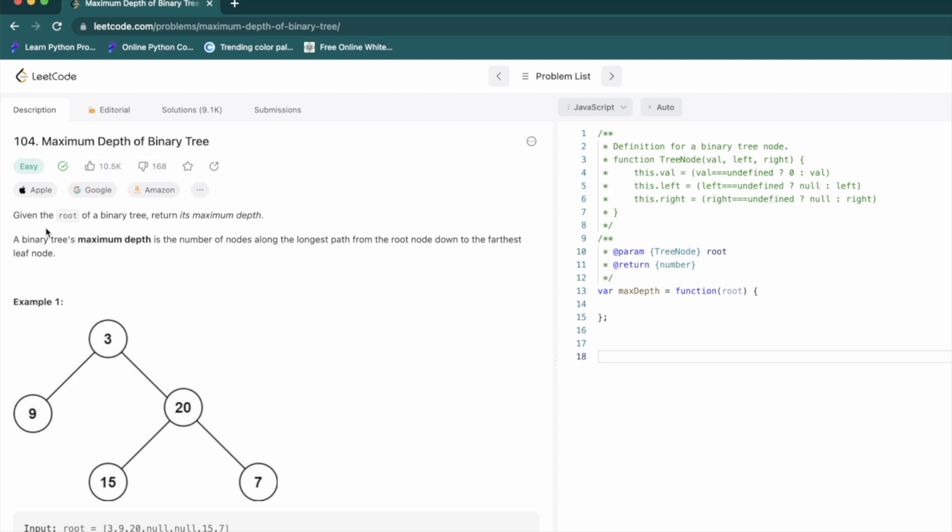Now, let's try and understand the problem statement. The first and foremost thing is we are given a root of a binary tree and then we are supposed to return its maximum depth. And the definition of maximum depth is the number of nodes along the longest path from the root node down to the farthest leaf